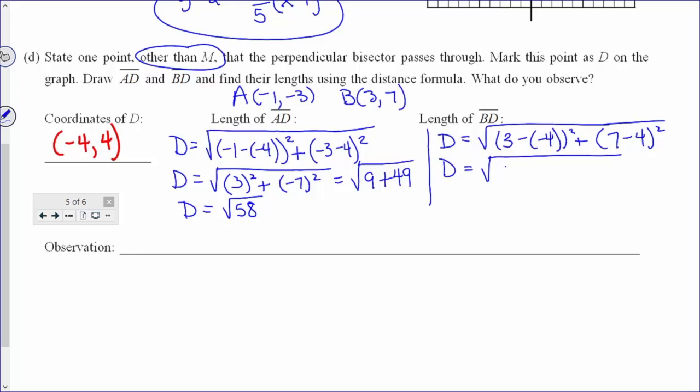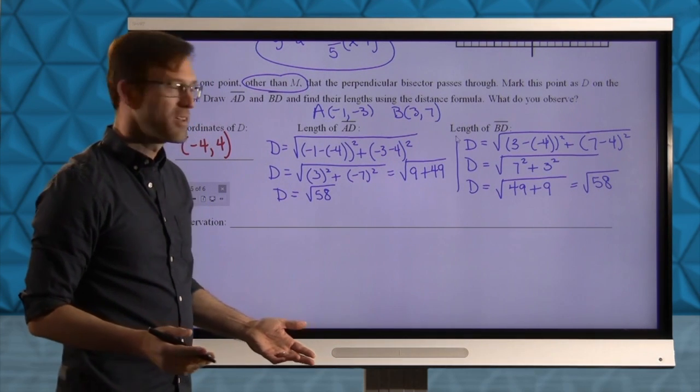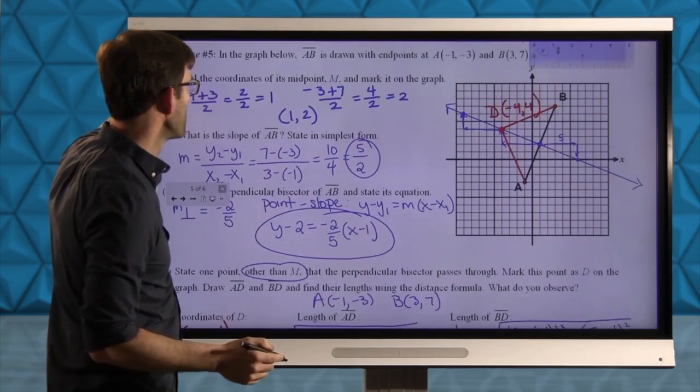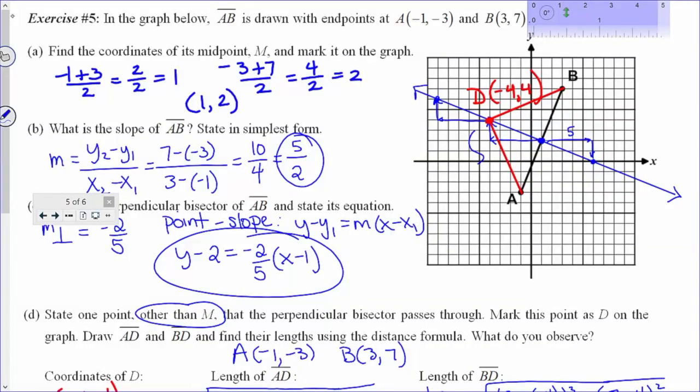All right, 3 minus negative 4, be careful, is 7. 7 minus 4, that's easy, it's 3. 7 squared is 49, 3 squared is 9, and I get the square root of 58. So what observation can we make? Well, this length is the square root of 58. This length is also the square root of 58. So the observation I can make